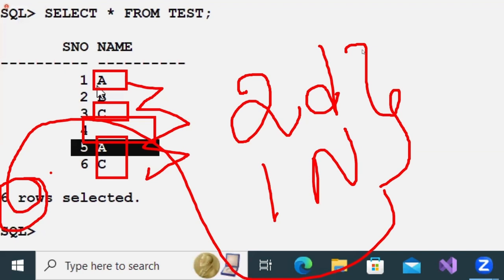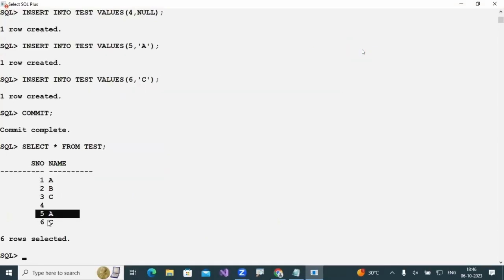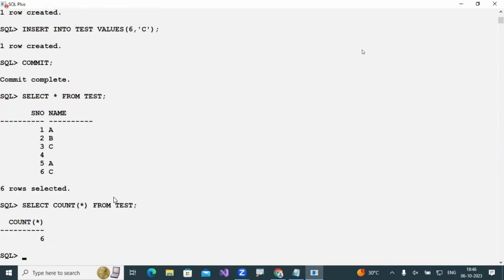Okay? So now this is my table. Suppose on this table I'm using the function, what is it? Count of star. Select count of star from test table. If I'm using count of star, what will it do? It counts each and every row in the table, including duplicates and nulls. However many duplicates or nulls there are, each and everything will be counted here. So that's why it was showing